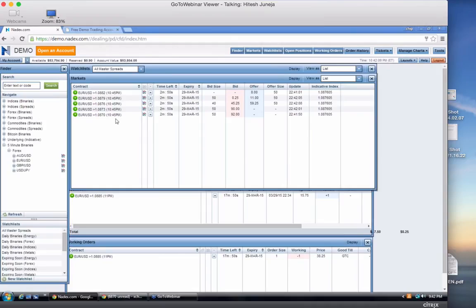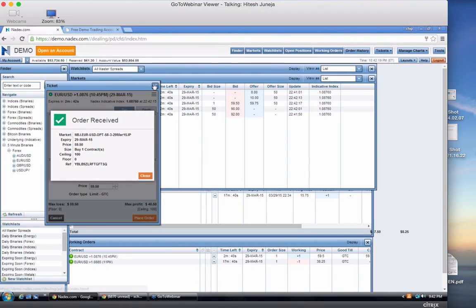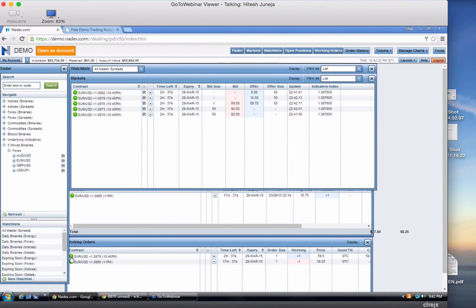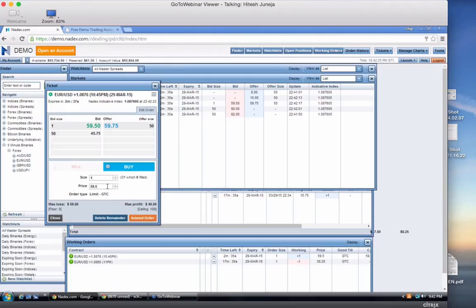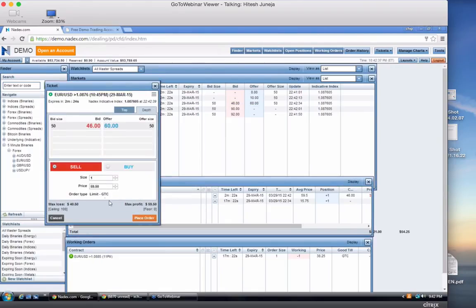So what you do is you go to Nadex, you open a ticket, whatever price it's available for, you take that, and then you immediately open a working order for, let's say, a 50%, 60, 70% payout for that profit level. You set that up because we know that at some point in the near future, in the next 1 minute or 3 minutes or 5 minutes, the price is going to go down and hit that level. And the second it hits that level, the trade closes and you walk out with your profit. That's the neat thing about Nadex, in my opinion, why that makes that particular strategy work even better, because you don't have to necessarily wait until the end of the expiry.